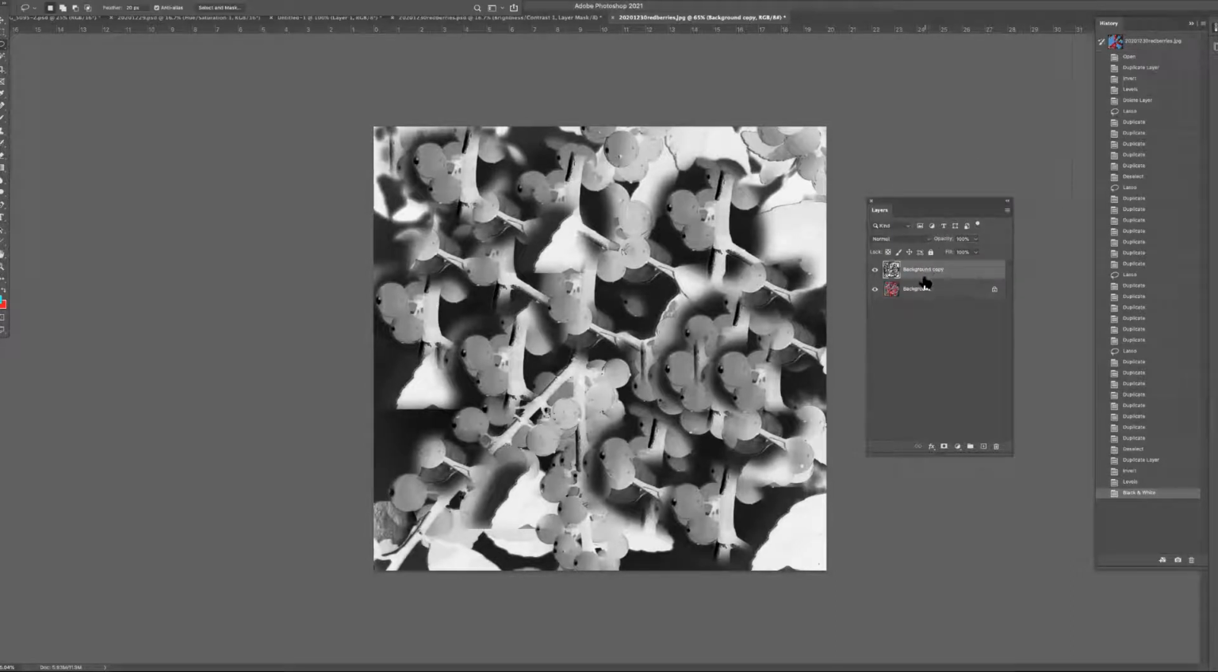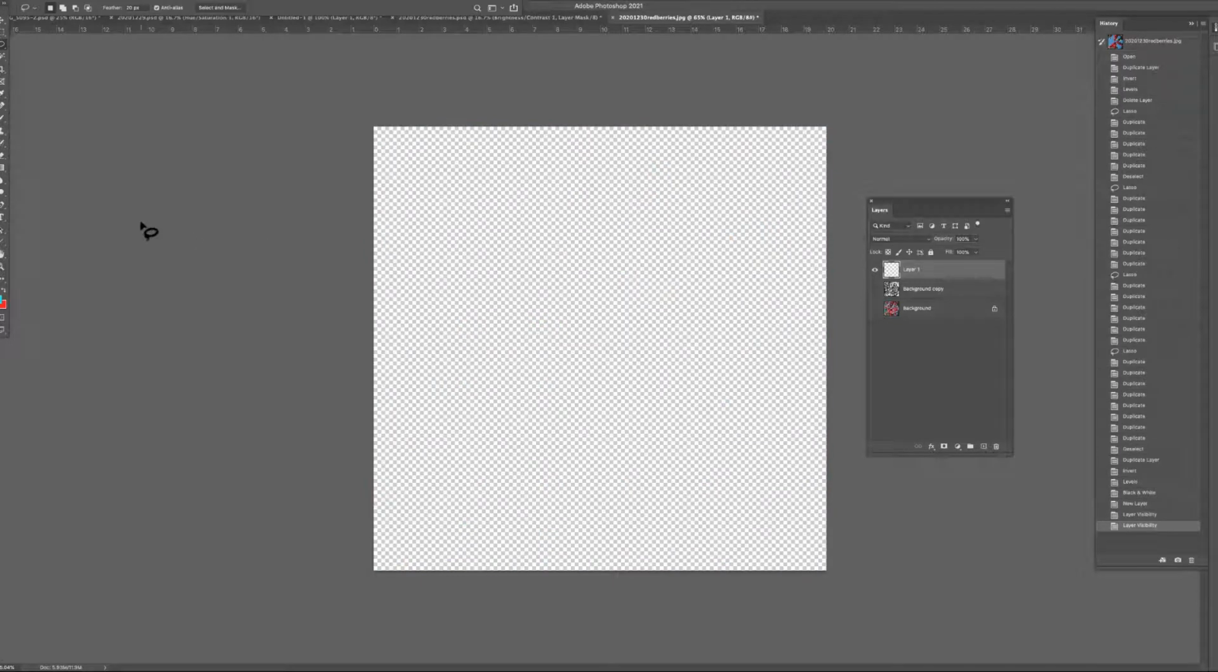So now I have a black and white copy and the original. Now I want to draw a picture. So I'm going to do a blank layer, and what I can do is hide these. So all I have is a black paintbrush. And I can make the brush a little bigger. And I'm going to draw a figure. I like drawing with a trackball,